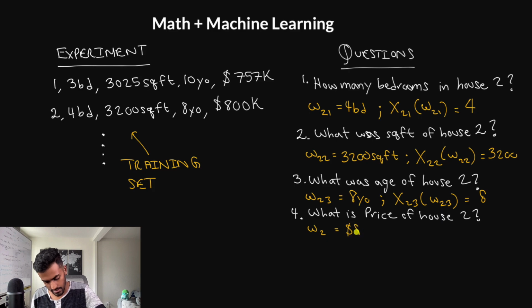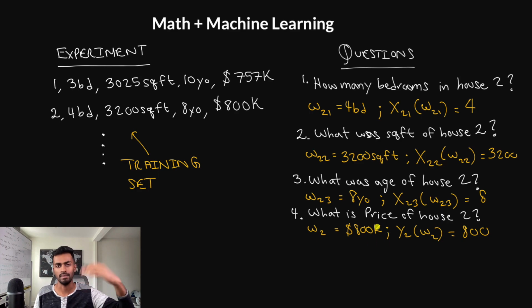So that's 800K. And the corresponding random variable, let's call it y2. It's capital Y2 here that takes this omega 2, and it's going to be 800. I'm just going to leave out the thousands of dollars because typically these house prices are in increments of $1,000